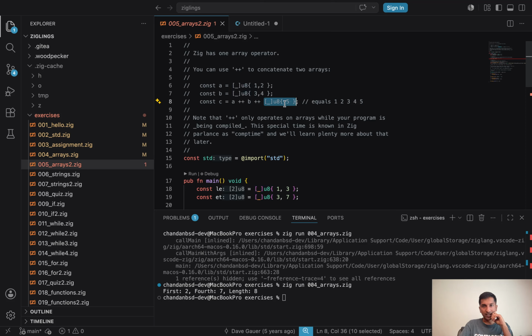And along with that, we're also throwing in another array, which makes sense. These variables were never really needed. We could directly use these here. I understand it. That makes sense. Note that the plus plus operator only operates on arrays while your program is being compiled. Oh, okay, that's interesting. This special time is known in Zig